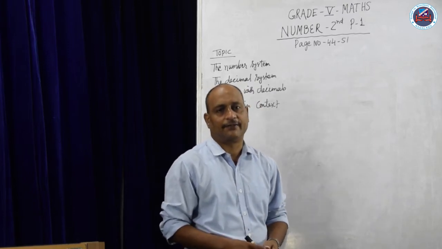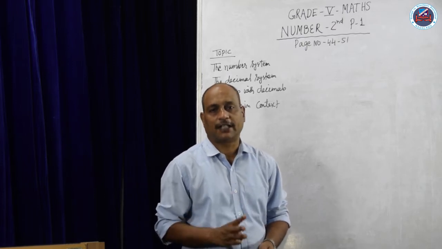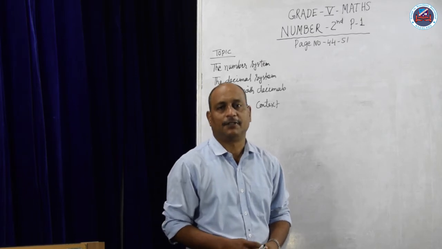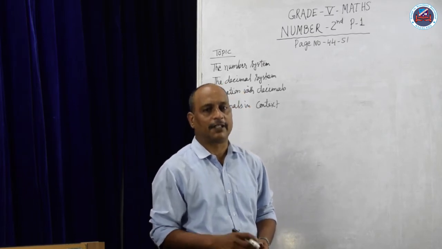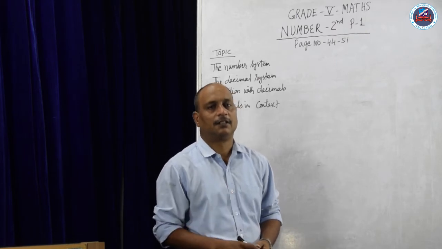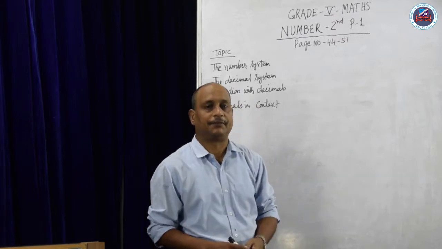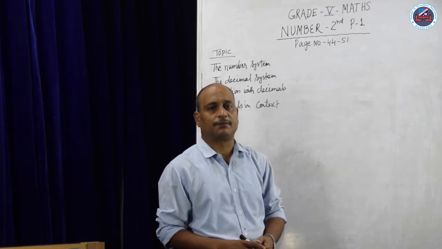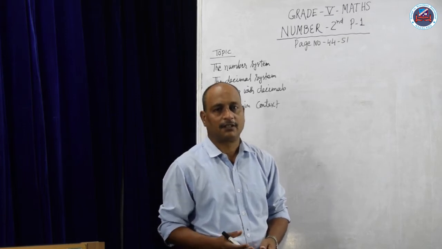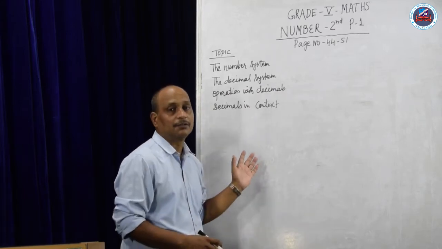In grade 5 in your book there are three types of number. The first number we have done in the previous video. I am going to take now the second video of the number, page number 44 to 51. You can go through page number 44 to 51 and practice it at home. Let us come back to whatever we are going to study today.